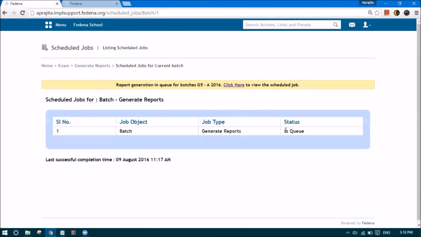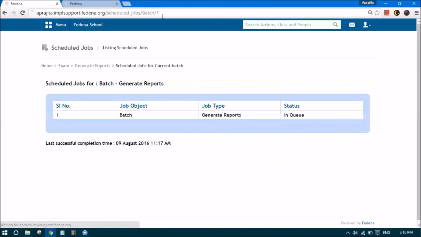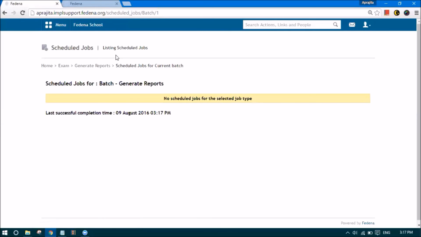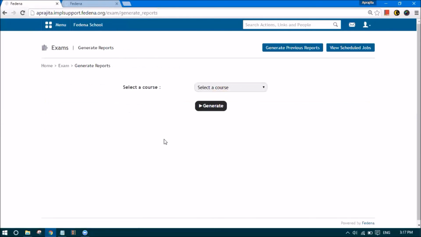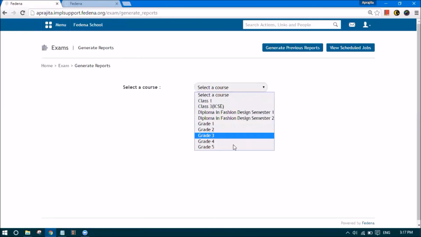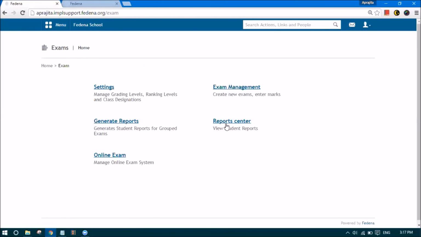You will see the status will change from in queue to running if you refresh the browser after some time, and you will also note that after it is running, this row will not be here at all. That means the job is completed and you can check the reports now. So I'll be waiting for some time and checking the status from time to time so that I can see if the job is completed. Now we can see that the job is complete, and here we can check the exam reports by going